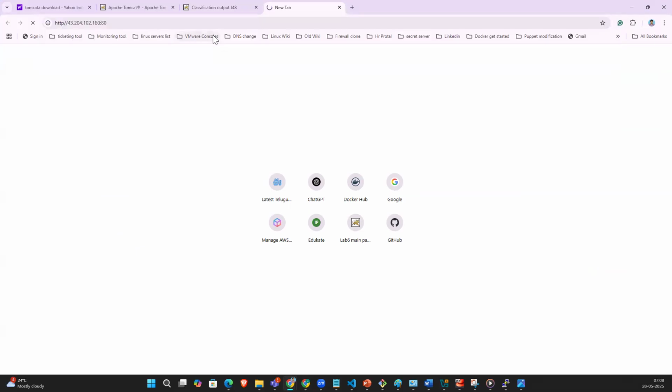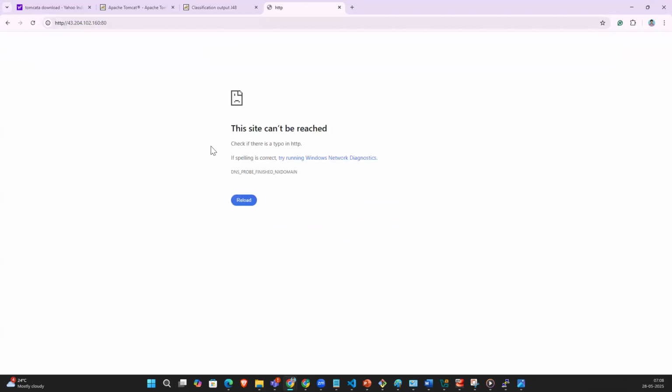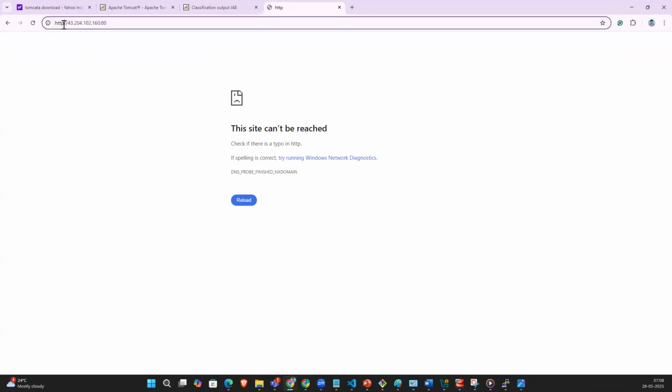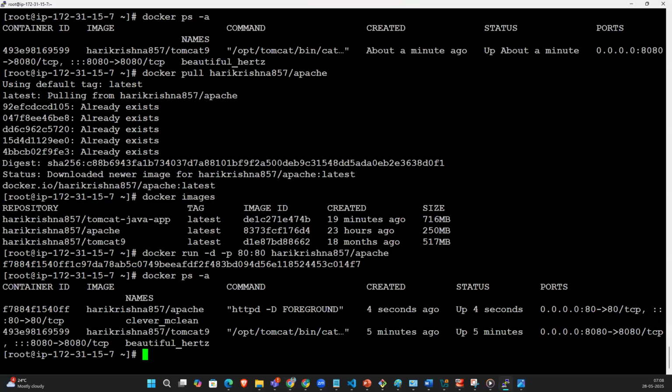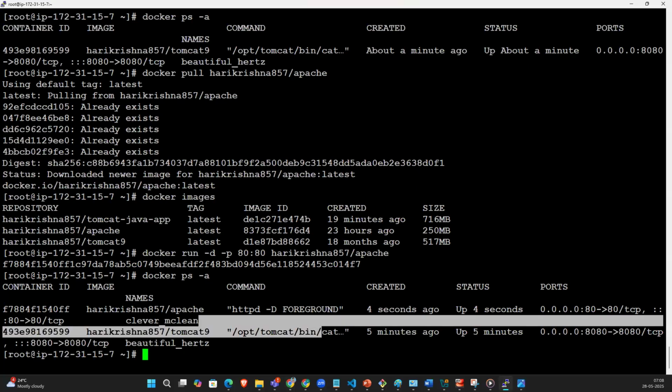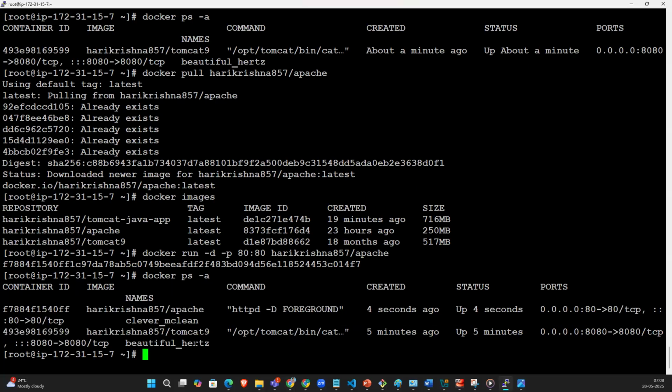http://<IP>:80. You see, guys. So how many websites are running on Docker containers in this machine, the EC2 machine? So how many containers are running? So two containers are running. You guys understood? So it's a microservice application. You can run a number of containers, but the port is different. If you use a different port, you can run n number of containers in an EC2 instance